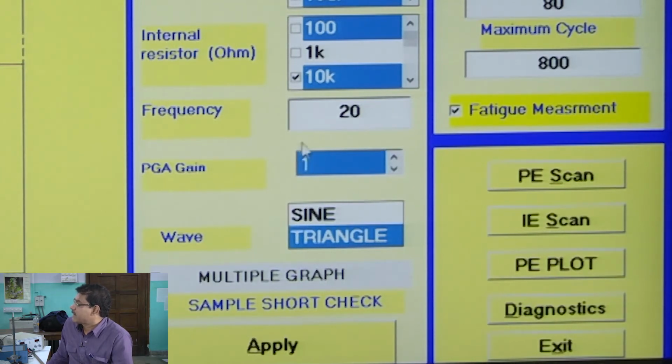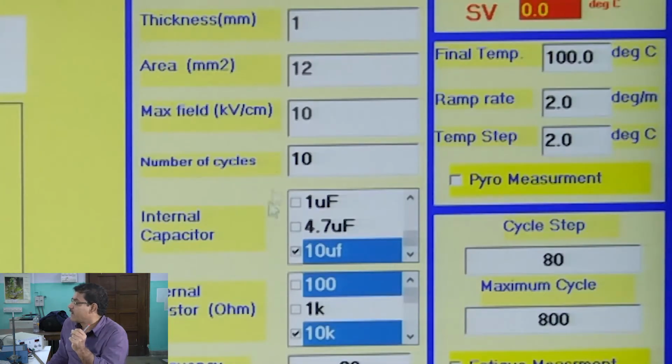Whatever maximum field I want, for that I have to apply voltage depending on the thickness. So it will calculate this field. I have to give some frequency of the field I am using. So all this information we are putting.